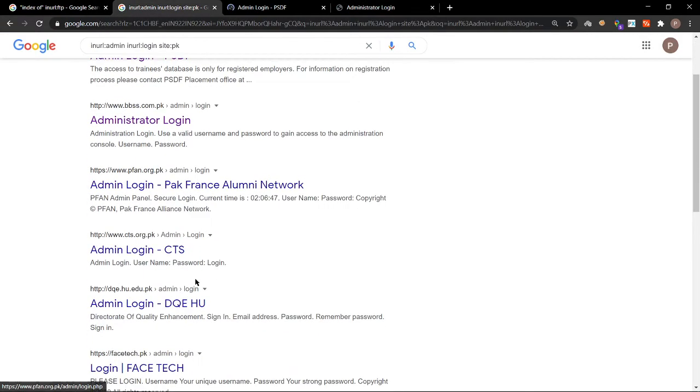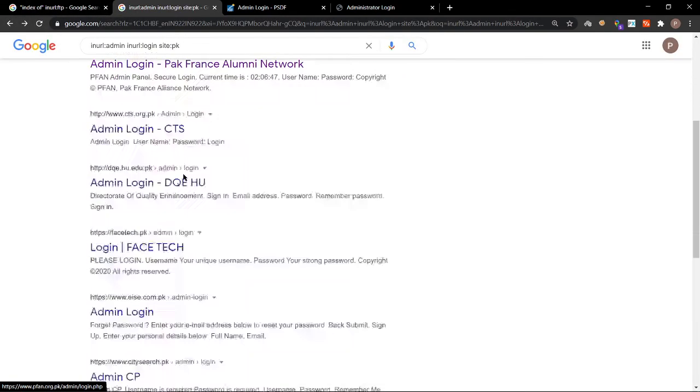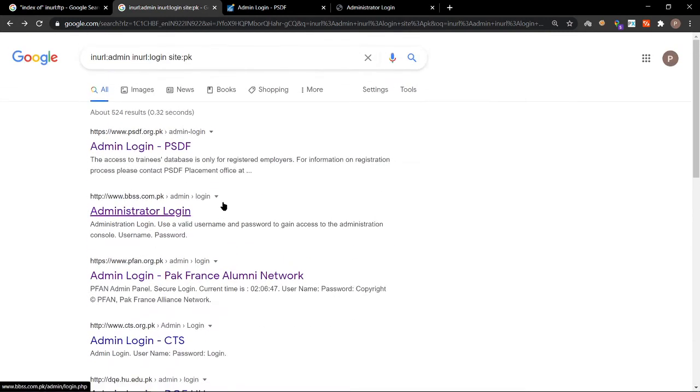All these are admin pages of the particular websites shown here. See, this is pfan.org.pk. That website's admin page, see, this is the admin page. Likewise, you can access these directories openly exposed to Google. So this is even a vulnerability, that their admin page has been exposed in Google.